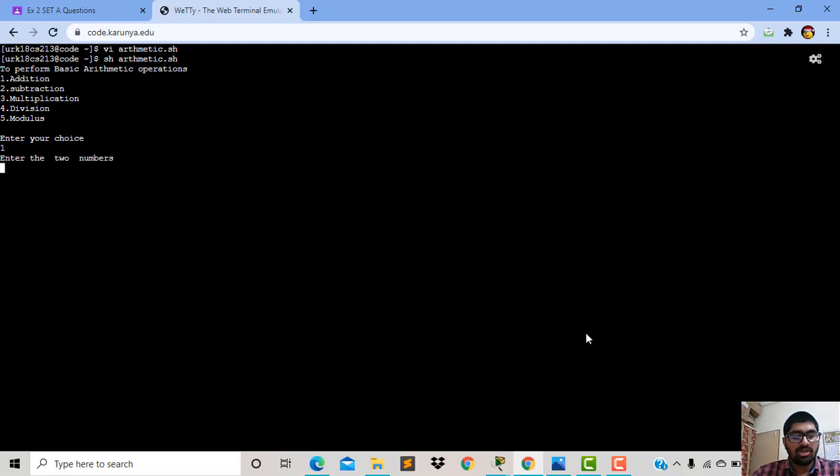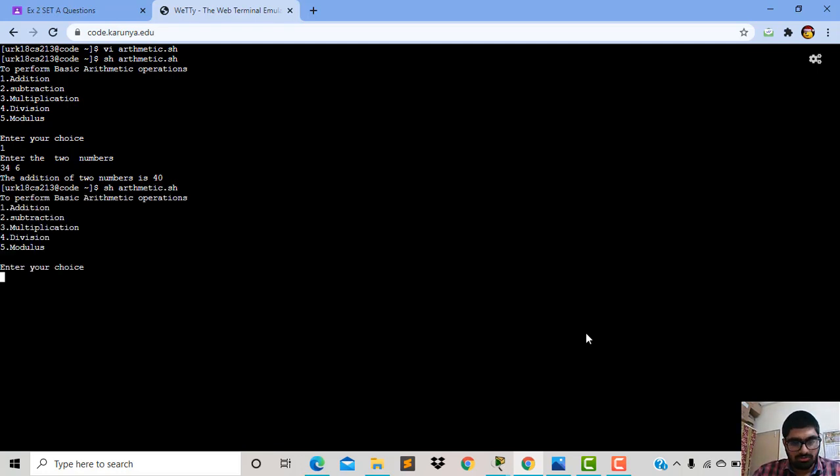Enter two numbers. It is asking according to the user's choice of numbers. I am using 34 plus 6. It will give the result as 40. To perform subtraction, multiplication, division or modulus, we have to run the file again. For that I am using the subtraction symbol.